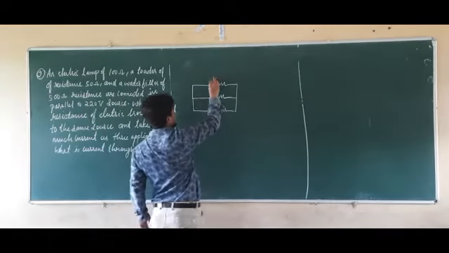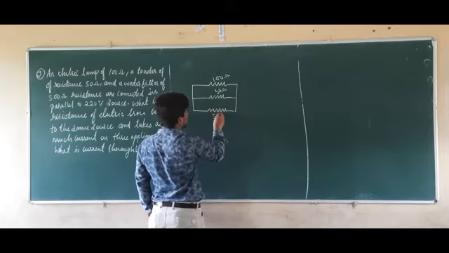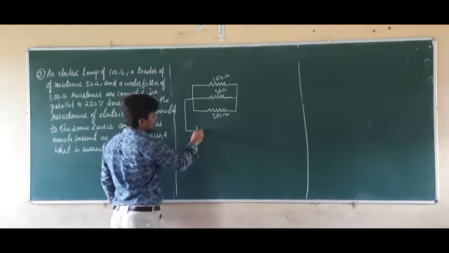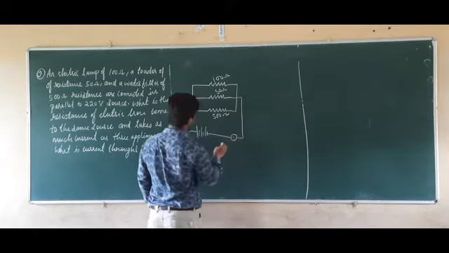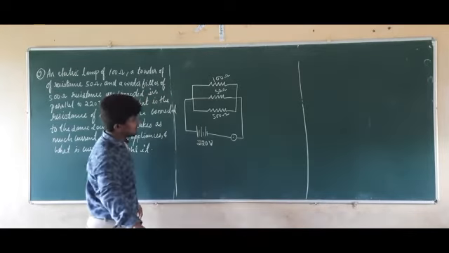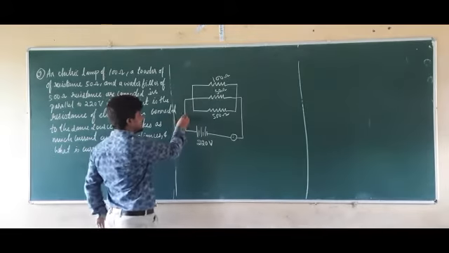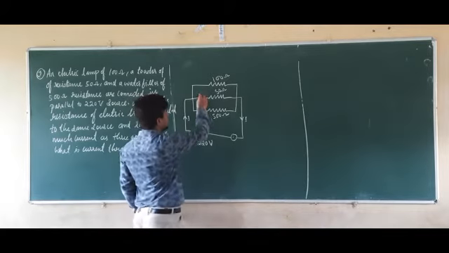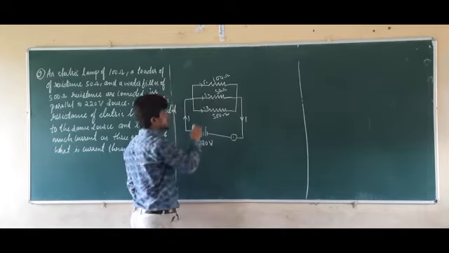Right. So this is the 100 ohm. This is the 50 ohm. This is the 500 ohm. So they are connected in a parallel system to a supply source of 220 volts. Right. So instead of these three appliances, it is consuming current, the total current flowing through this is I, and the current flowing through is I1, and here it is I2, and here is I3.